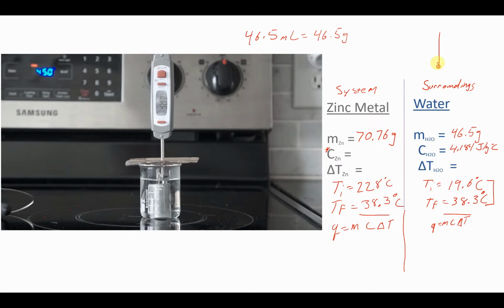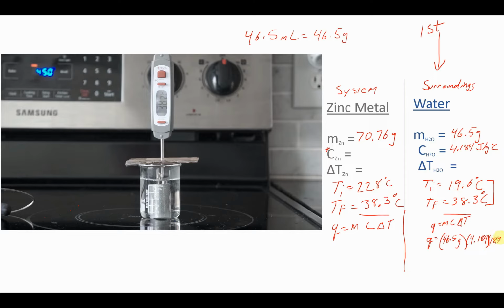I always solve the math on the water side first. So water side first. Let's do Q equals mc delta T. Well, we have all the information here to actually calculate Q. Q equals, M is 46.5 grams. C is 4.184 joules per gram Celsius. I'm going to leave that off because I don't have a lot of room. And then my delta T is subtracting these two, final minus initial. And so I get, let's see if I can fit it in here, I get